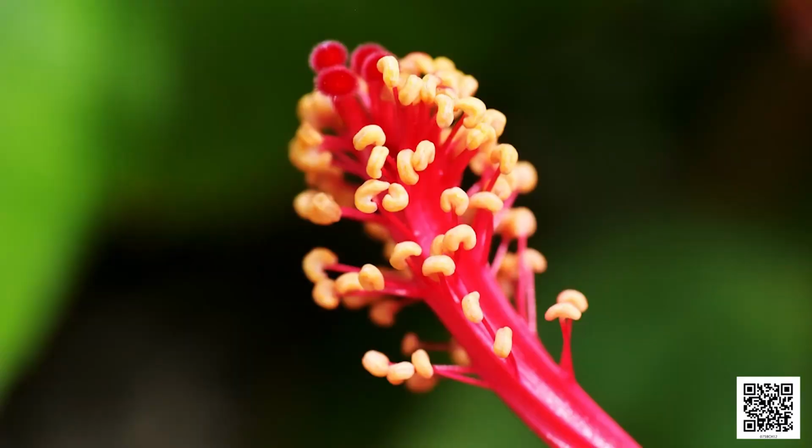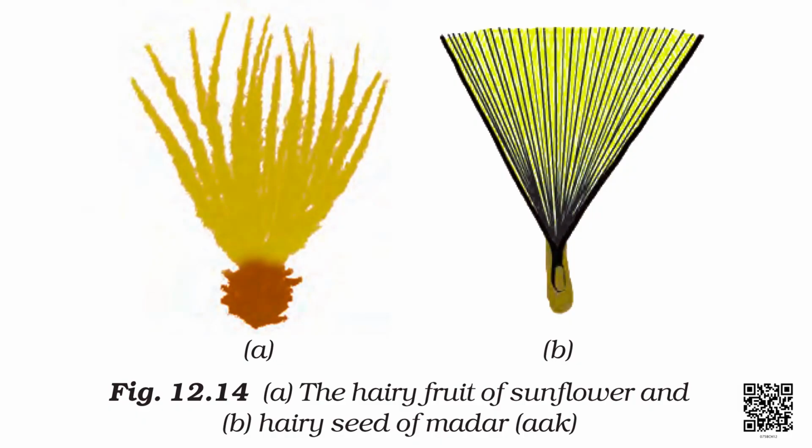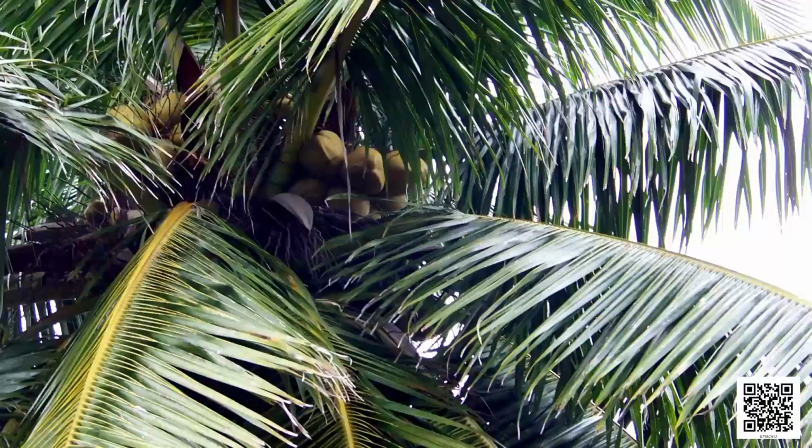Winged seeds such as those of drumstick and maple, light seeds of grasses, or hairy seeds of aak and hairy fruit of sunflower get blown off with the wind to far away places. Some seeds are dispersed by water. These fruits or seeds usually develop floating ability in the form of a spongy or fibrous outer coat, for example